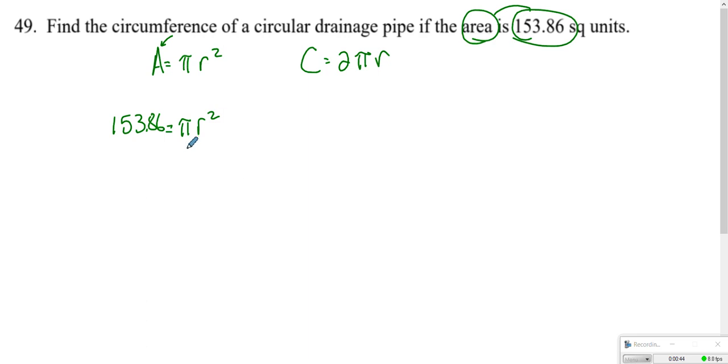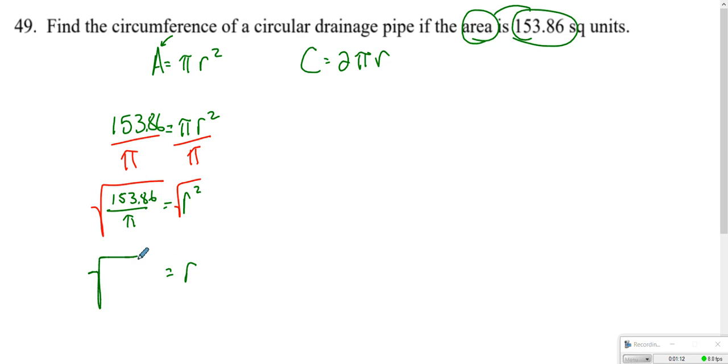I need to get this r by itself, so I'm going to divide both sides by pi first to get rid of that pi. So I get r squared, 153.86 divided by pi. And then to get rid of the squared, I'm going to do the square root. Now you're probably looking at that going, that's ugly. You're right, that is ugly. That's terrible. Radius equals, it's this right here. Square root of